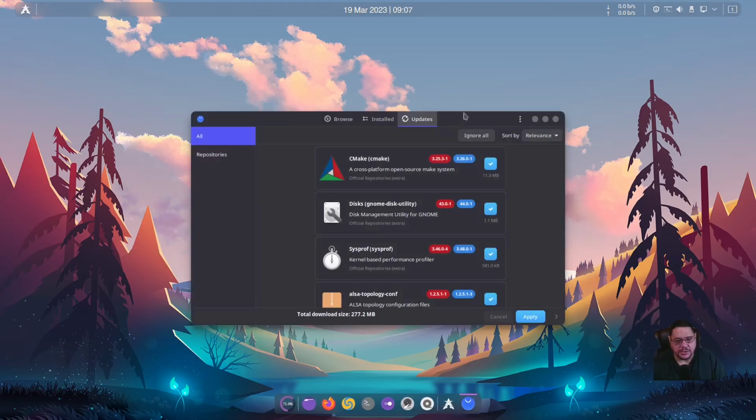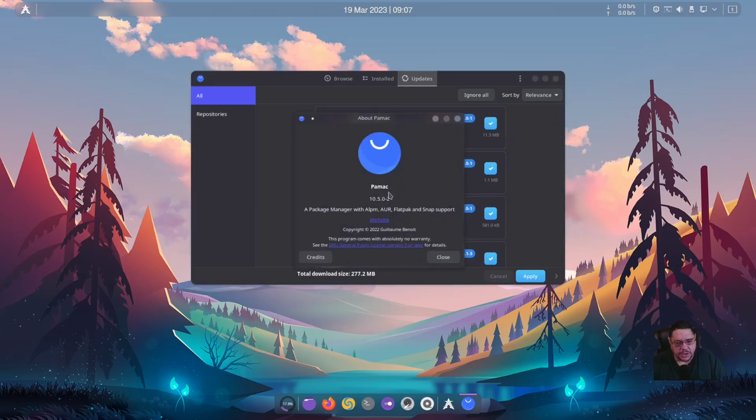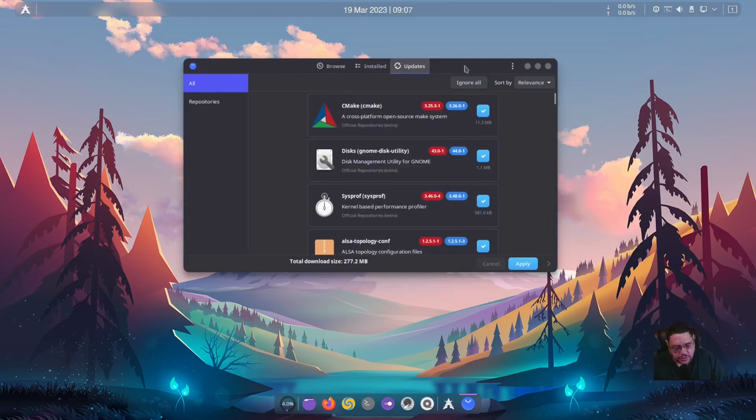And here is Pamac right here. This is what it looks like. It's a user application. It's 10.5. So there you go. It's the latest and greatest. It's a graphical user interface, not a terminal user interface. It is a graphical user interface that is just like your Synaptic Package Manager, your Discover, your DNF Dragora for